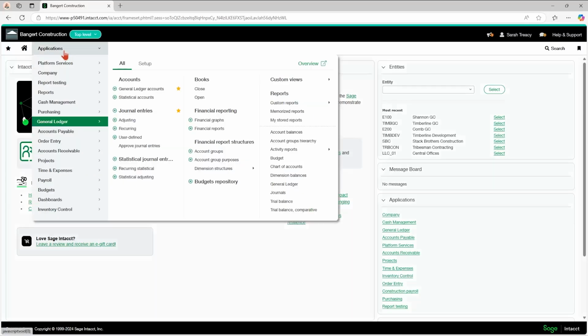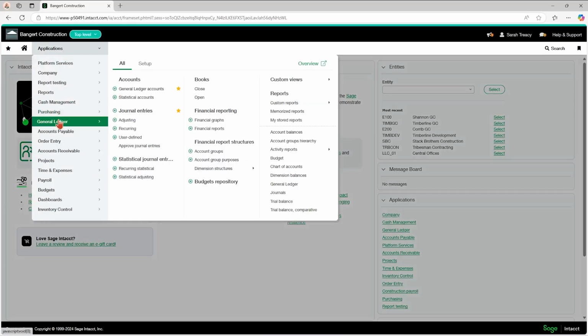In Intacct, within the General Ledger module, we have both financial accounts and statistical accounts. Financial accounts are going to, of course, track monetary value, and your statistical accounts will track your operational data. You can combine these accounts on reports. So let's say, for instance, you set up a statistical account for square footage. You can then run a report to divide out, say, revenue by square footage on a project.